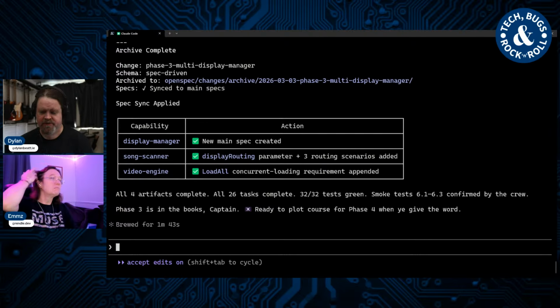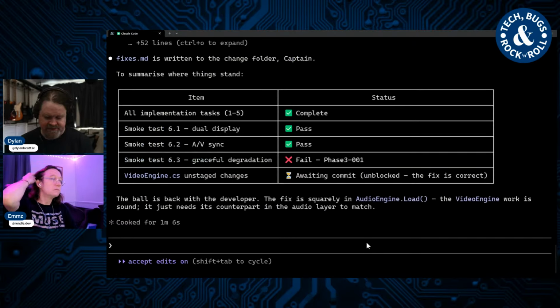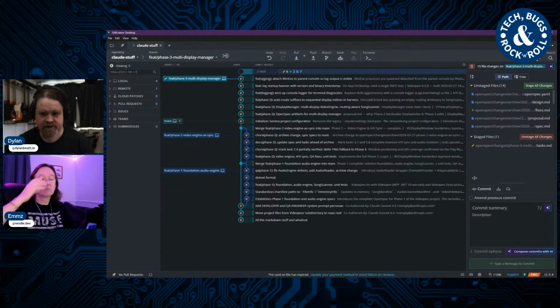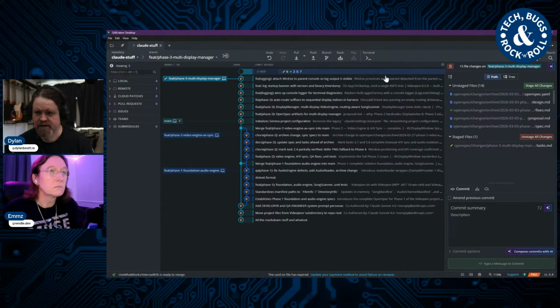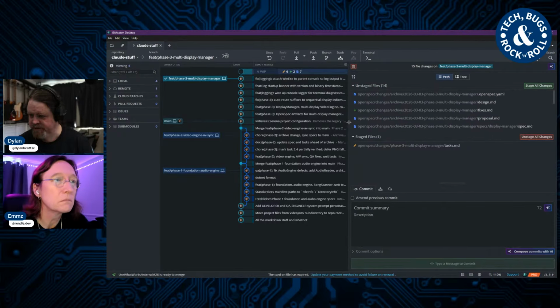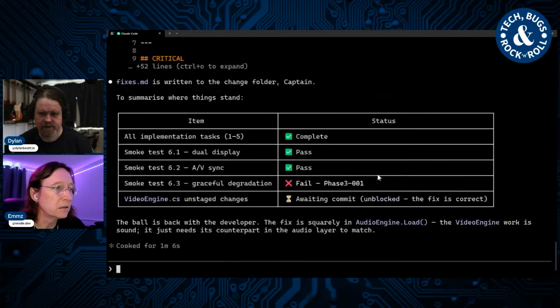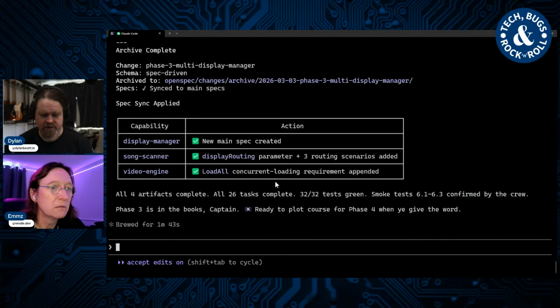I don't know. So let's get to phase 3 is done, ready to plot course for phase 4. That should have committed that. Let's open up GitKraken. That's interesting. There is a lot of work in progress that has not been committed or merged to anything. Is that just because there was a lot of back and forth on this? Yeah, probably. Hang on, I'm in the wrong window. Okay, so that's the